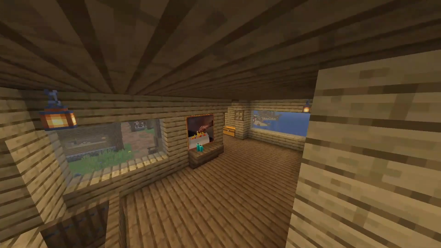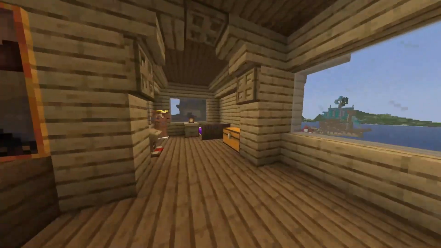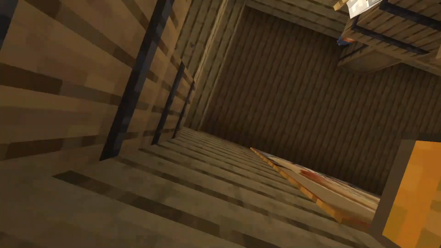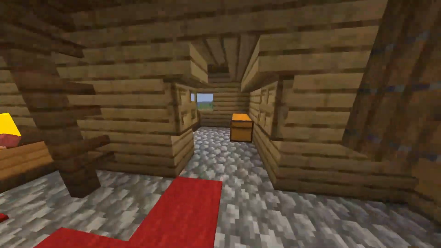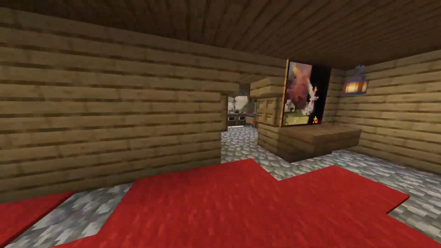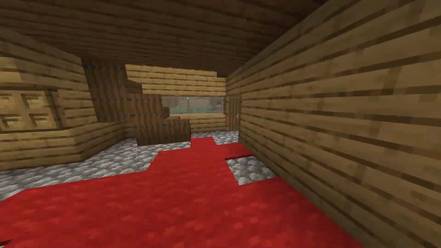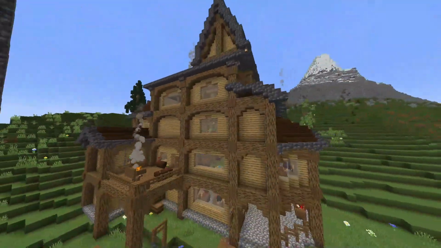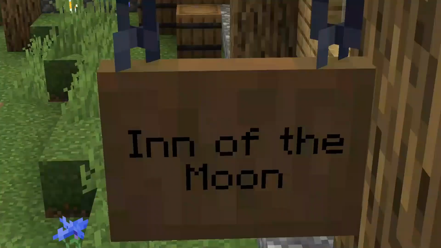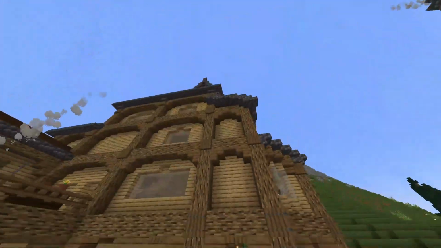Up here we have bedroom, actual attic instead of another bedroom. I think there's 1 more bedroom down here. Yep, 1 more bedroom. And obviously the kitchen, because it's a bakery. I think 1 more armor stand here, and then the final large Inn of the Moon, which is the largest